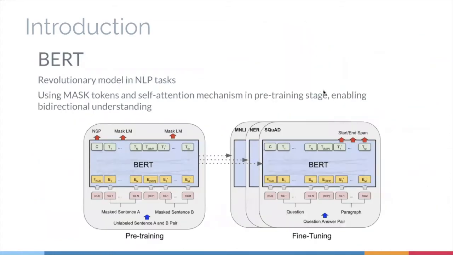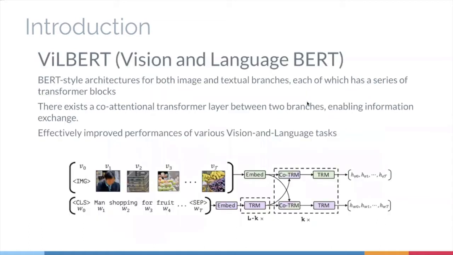Recently, a BERT model has been proposed by Google. This is a very revolutionary model in NLP tasks. It uses mask tokens and a self-attention mechanism in the pre-training stage. This enables the bidirectional understanding of the model. And inspired by BERT, ViLBERT, which is short for Vision and Language BERT, has been